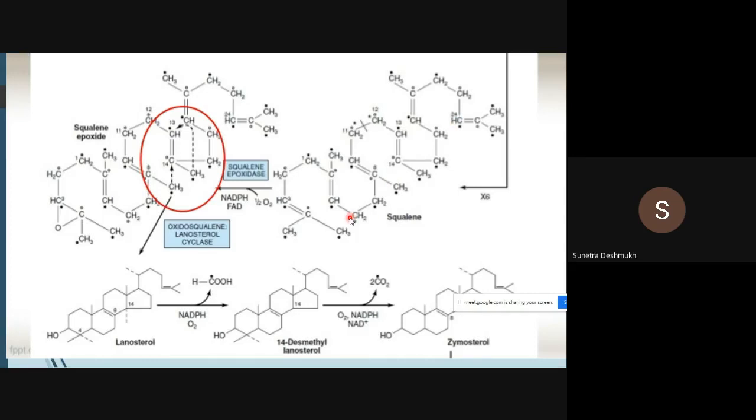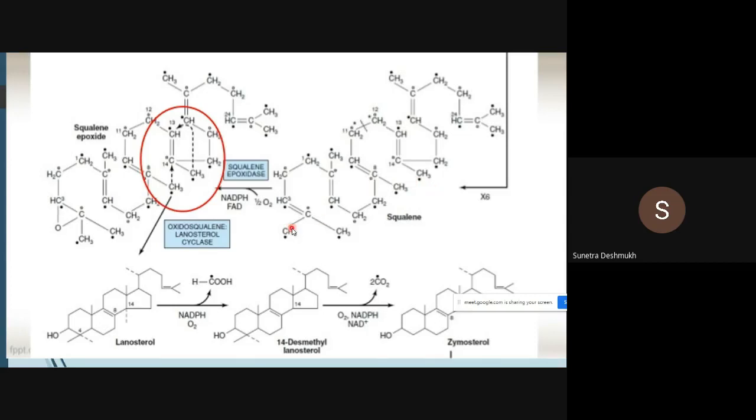Normally in the steroid nucleus we have three 6-member rings fused with each other, and one 5-member ring fused to the last 6-member ring, labeled A, B, C and D. If we write it down like that in our notebook, we will not get confused when writing the structure of lanosterol. Here we have written the structure of squalene.